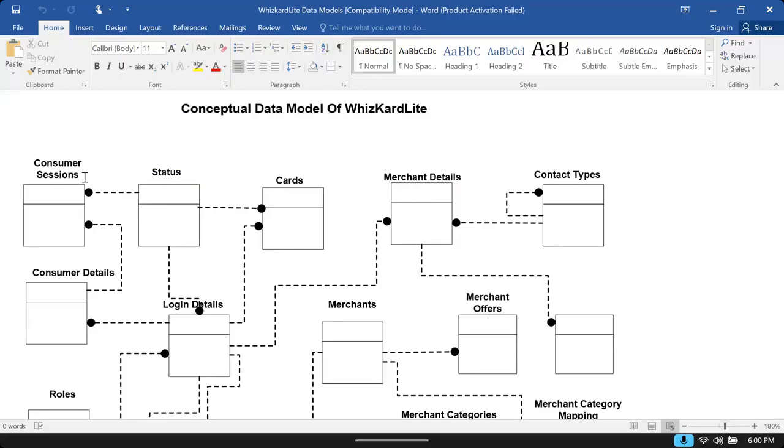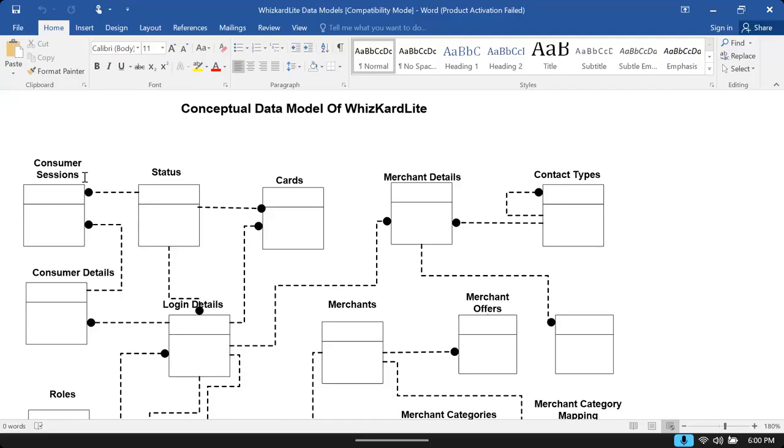And what does a conceptual model contain? You can see it is just having the names. These are the names of the modules that need data. Actually, a project has a lot of modules. Out of them, we prepare the list of modules that need data.